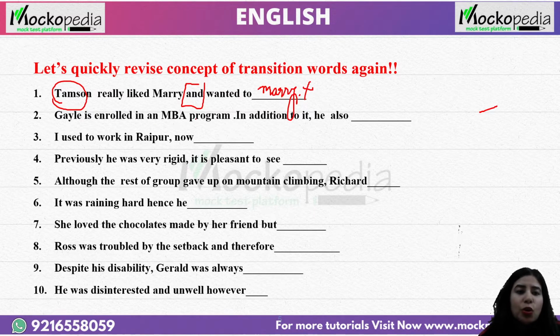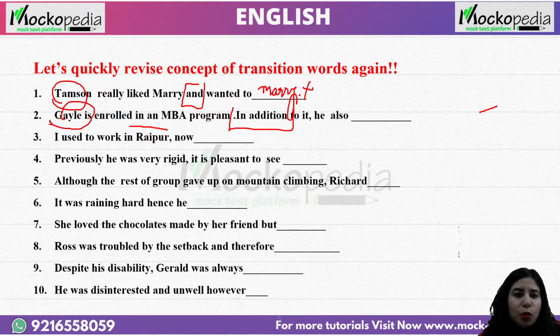Gail is enrolled in an MBA program. In addition to it, he also. So, who are we talking about? Gail. What is the additional information? That he has enrolled in an MBA program. Do we see transition words? So, I will do one thing. I'll put the transitions in a box for you to observe. "In addition to" means that there's something else he's also doing. In addition to, he also